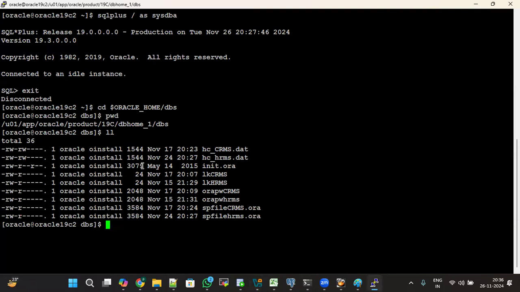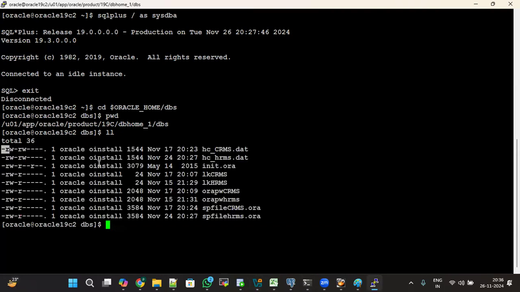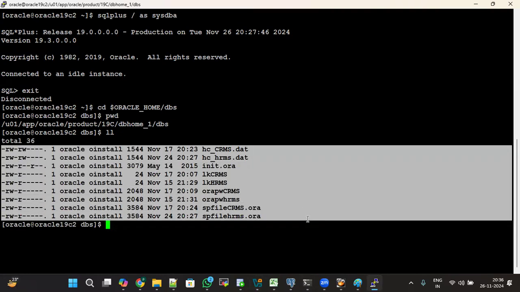You can see here, there is no init. Here, can you see the P file or not? Able to see the P file? If the P file is there,